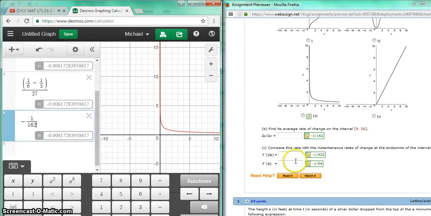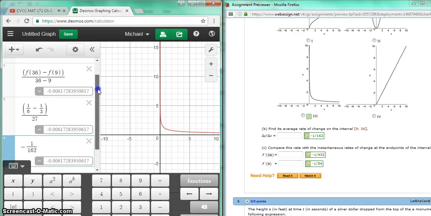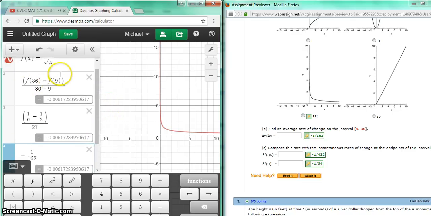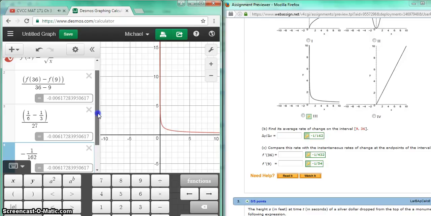Now, so again, the average rate of change is just finding the slope between 2 points, because it gave us f of 36 and f of 9. And now they're being more specific. So compare this rate with the instantaneous rate of change at the endpoints. So what is